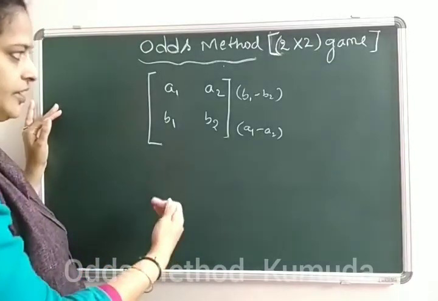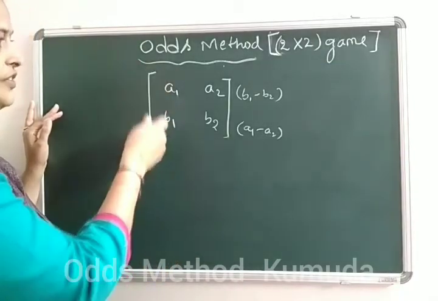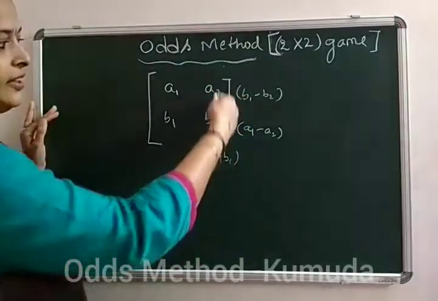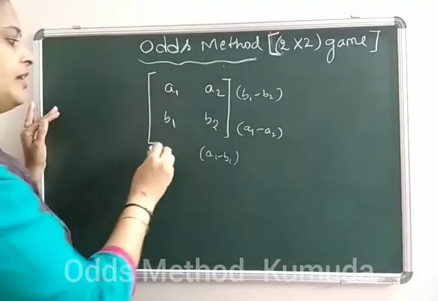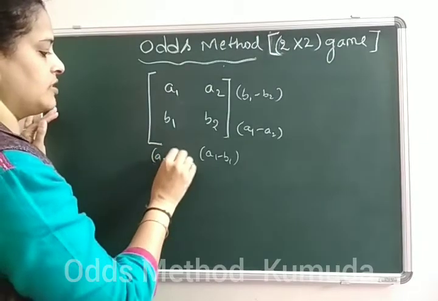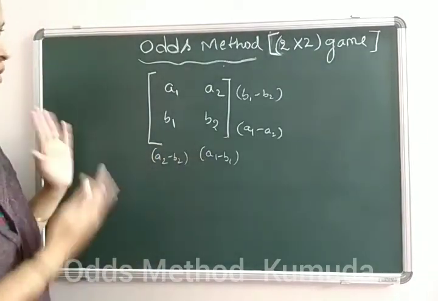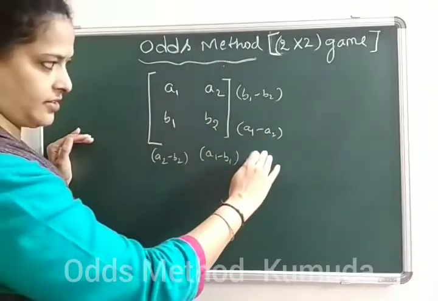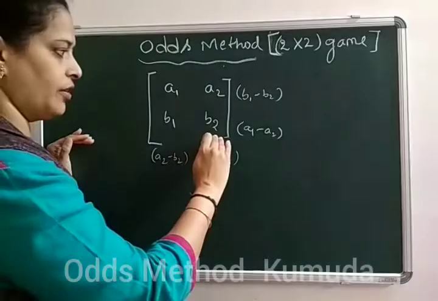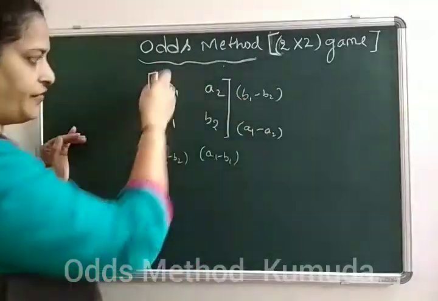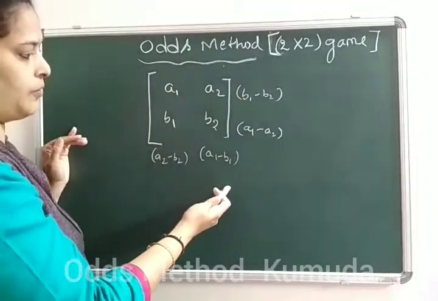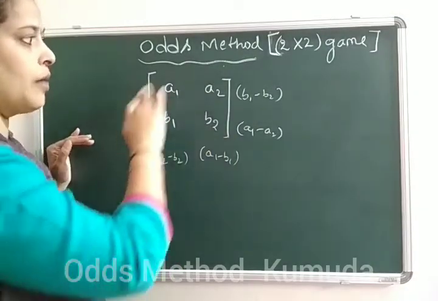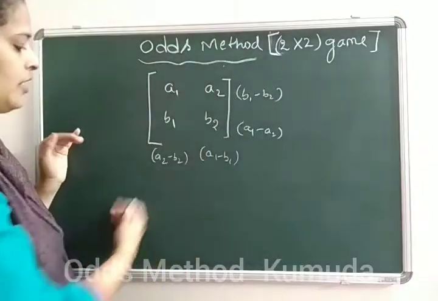Now the same thing is continued even for the columns. Find the difference of the first column and write it below the second column. Find the difference of the second column and write it below the first column. So this is the actual basic method, or the algorithm, that we follow in the odds method. That is the method of finding the odds. The first row difference is written in front of the second row. The second row difference is written in front of the first row. The first column difference is written in the position of the second column, and the second column difference will be written below the first column. So by doing this, we actually calculate many things.